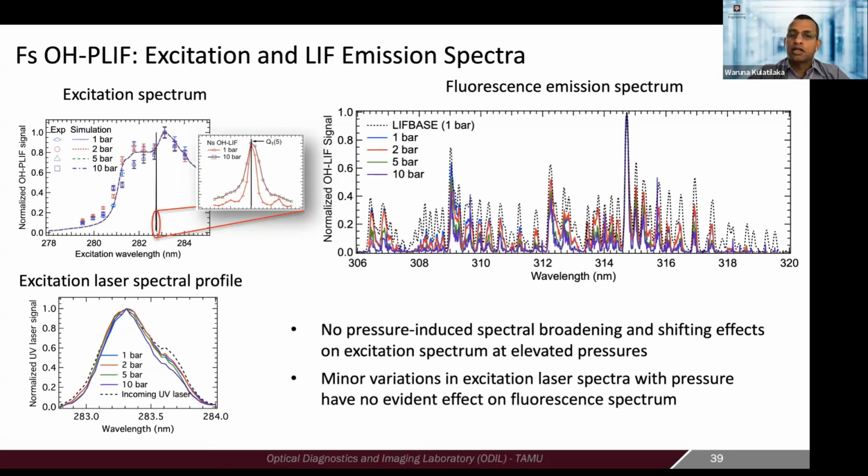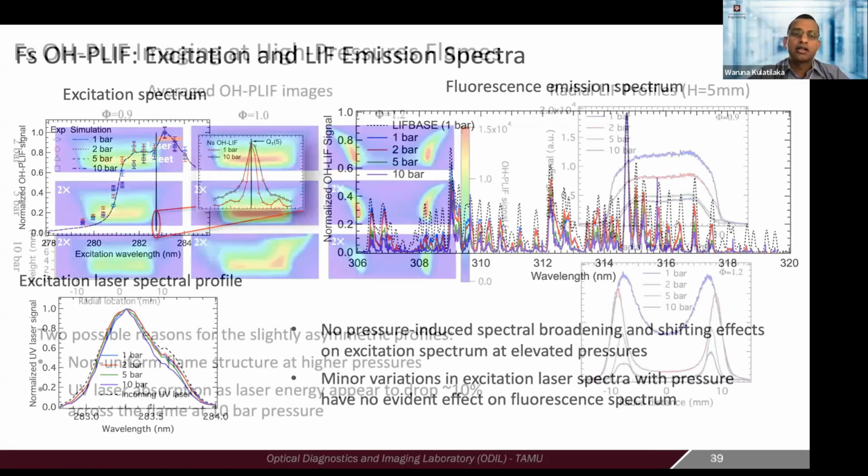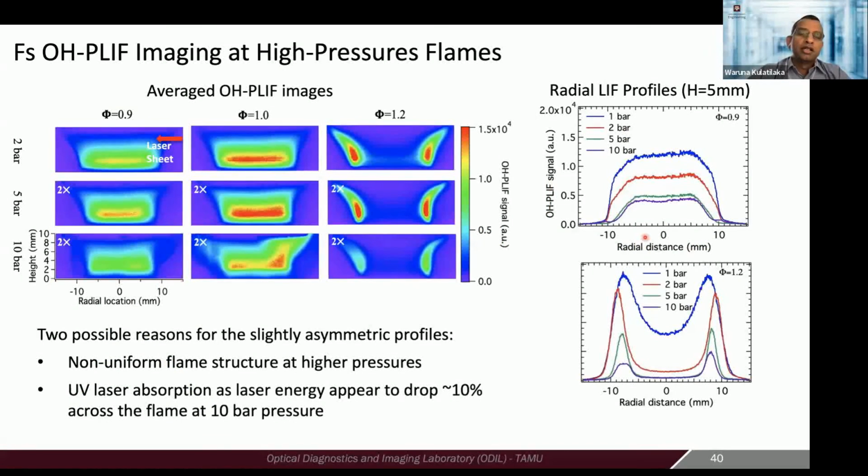So you're ready to put a spectral filter and then collect all these transitions as your fluorescence signal, and when it is said and done, it will look something like this. So you get this. These are some average images from these flat flames at three different pressures and three different equivalence ratios. So when the flame gets rich, you have this. Most of the burning happens on the outer edge in the diffusion-like flame, and then on the lean side you get a fairly uniform reaction zone in this flat flame.